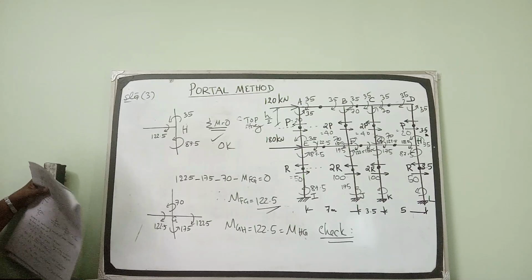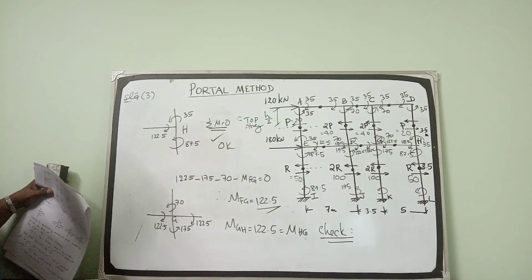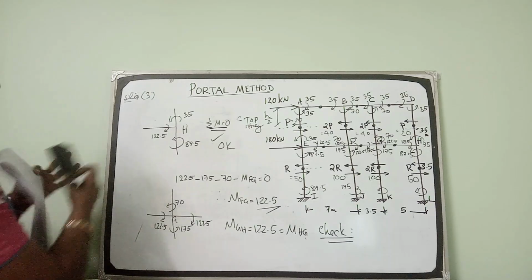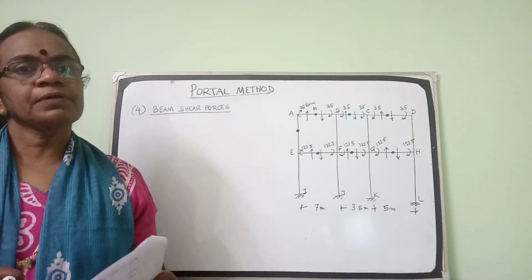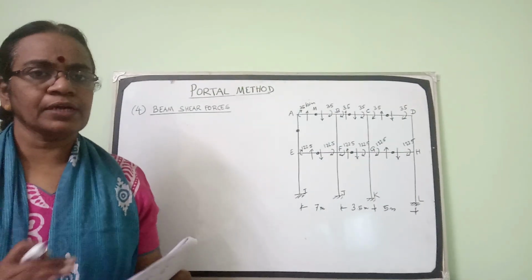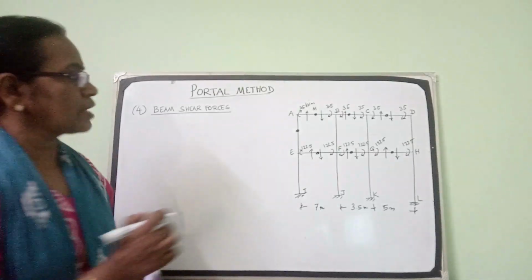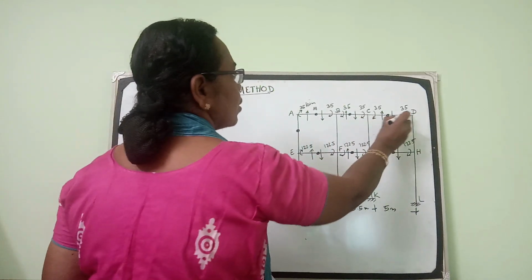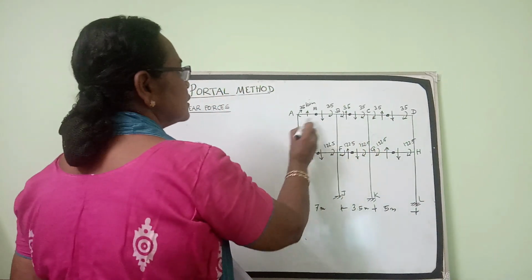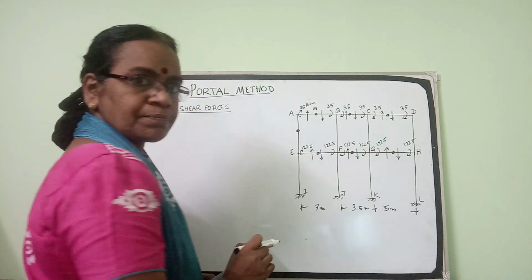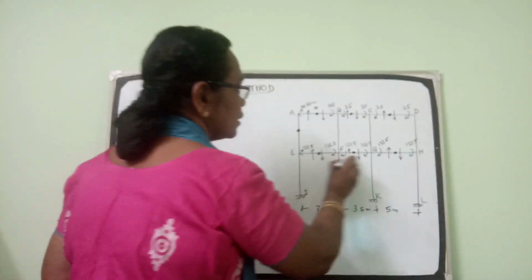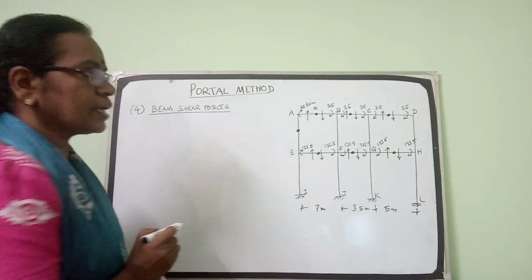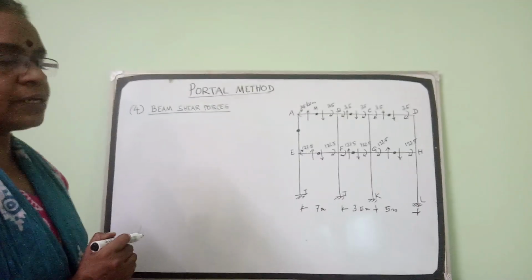So now we have come to the third step. We have got all the beam moments also. In the previous steps we have arrived at the beam moments, so I have marked it in the figure. Beam moment in all the roof beams is 35 kilonewton meter clockwise. And beam moment in the first floor level is 122.5 kilonewton meter